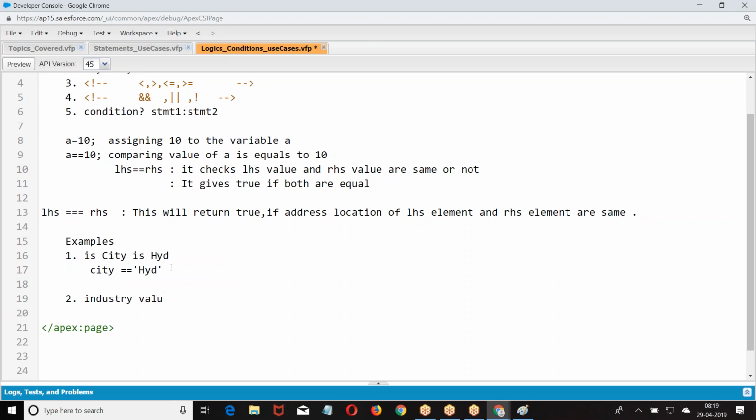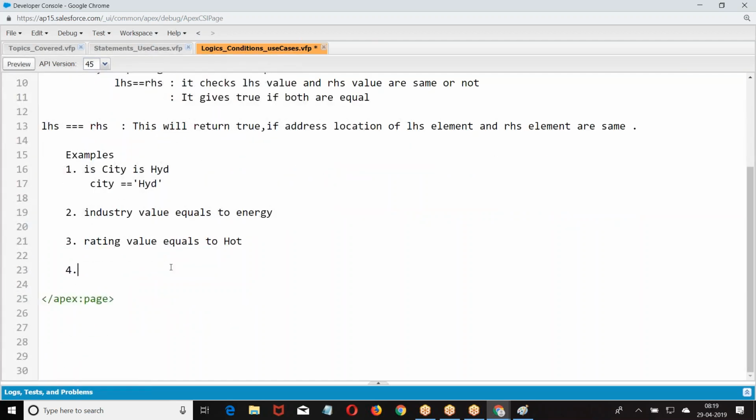Now write the conditions. Write the code for this.